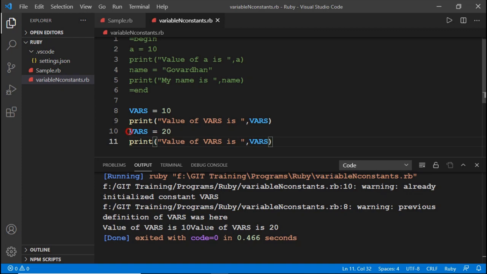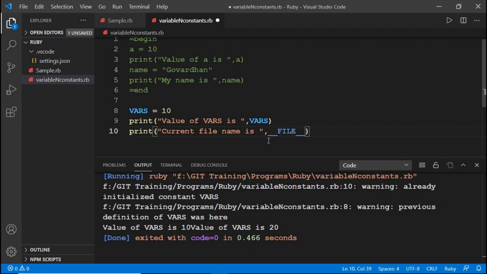Coming to the special variables, that is pseudo variables, one is double underscore FILE, which tells the current file name. I would like to print the current file name. Current file name is, which is going to be printed with the help of double underscore FILE double underscore.